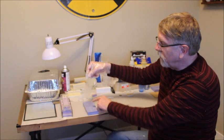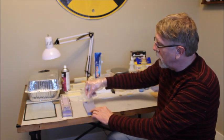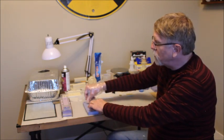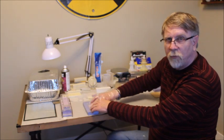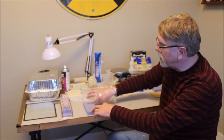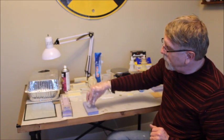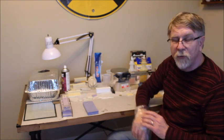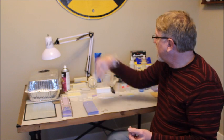And then I fill up my mold, and then I take the plastic and I push down onto the mold, squidging out the resin ahead of it. And that hopefully will keep bubbles from being trapped underneath of it by starting at one end and pushing to the other, and put that on there. If you press it down hard enough, you can clearly see the mold color through the glass or through the plastic. That means you've got a really thin